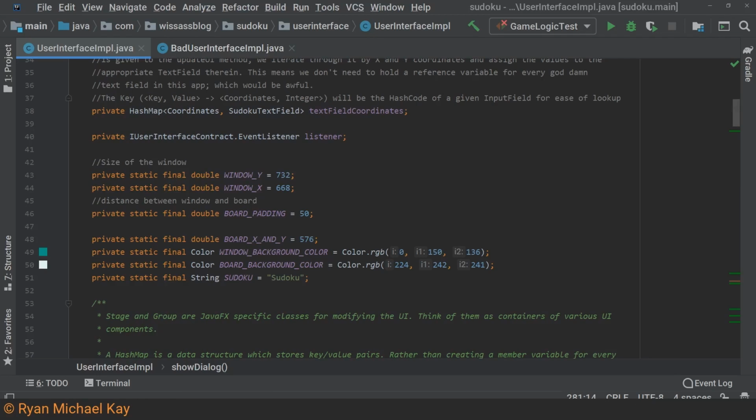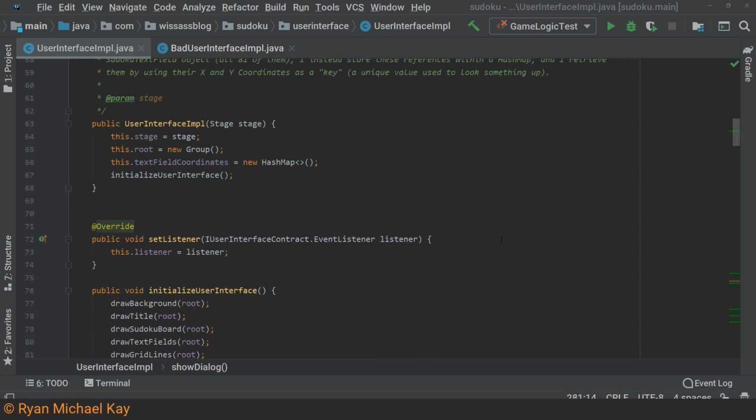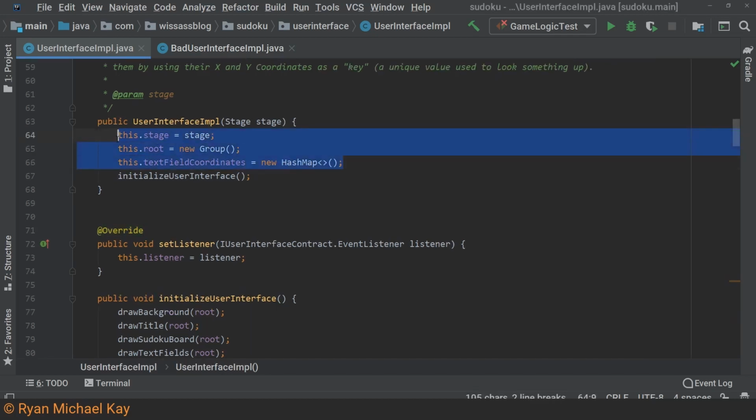The concept of a helper method is very simple, and it follows a principle which you will see repeatedly in this section. Start from general details and work towards specific details. The constructor of this class has the general goal of initializing whatever needs to be initialized in order to begin a new game. The first 3 lines here initialize member variables, which I consider to be a unique concern. After that, I call the initialize user interface method, which does exactly what it says.